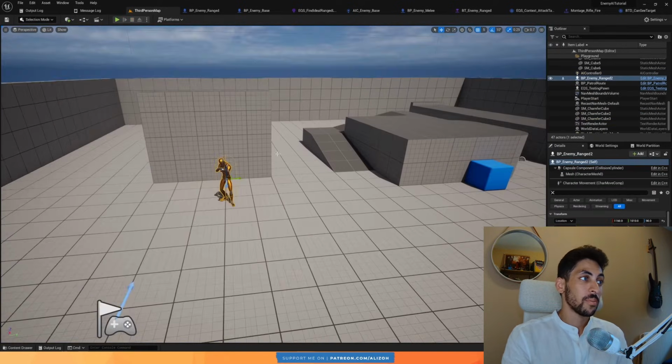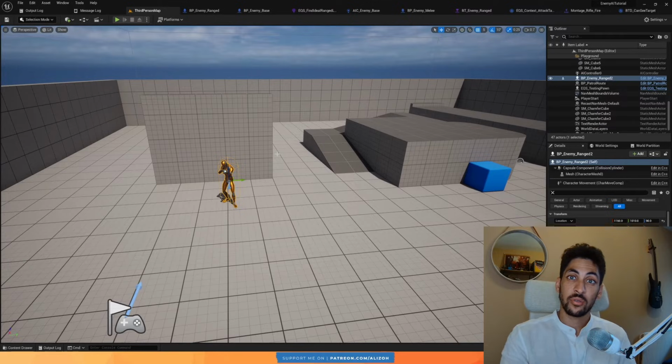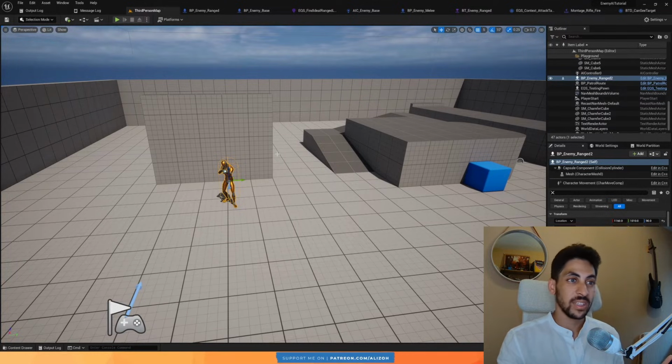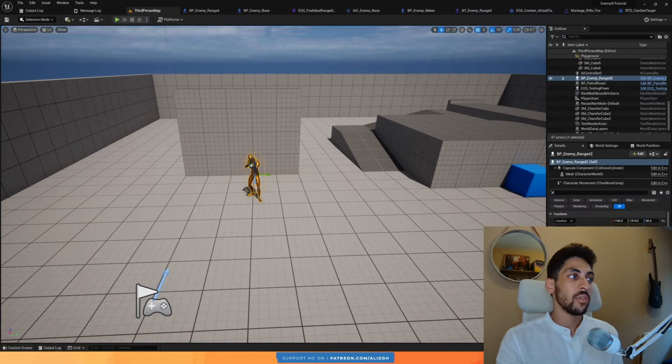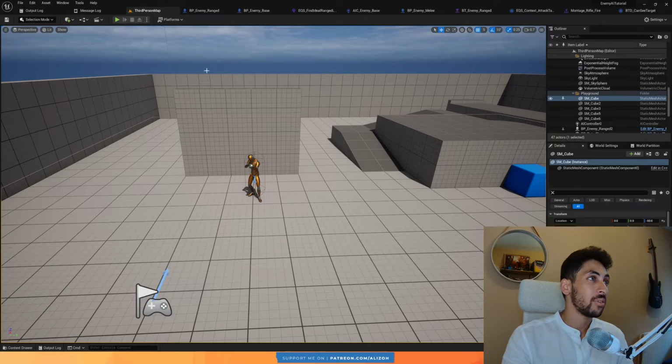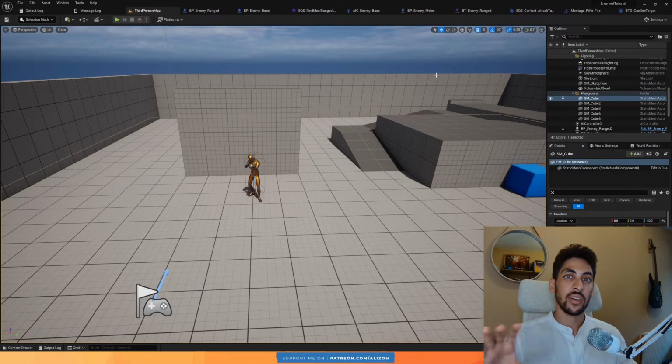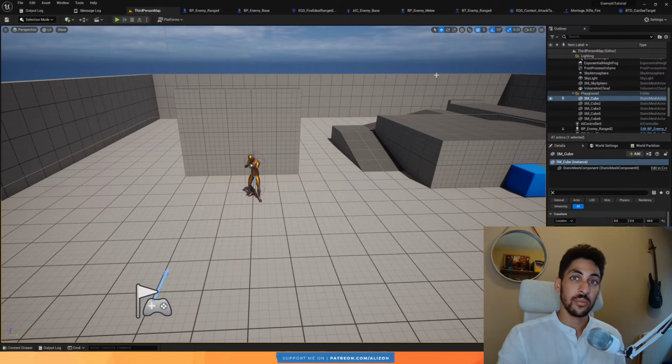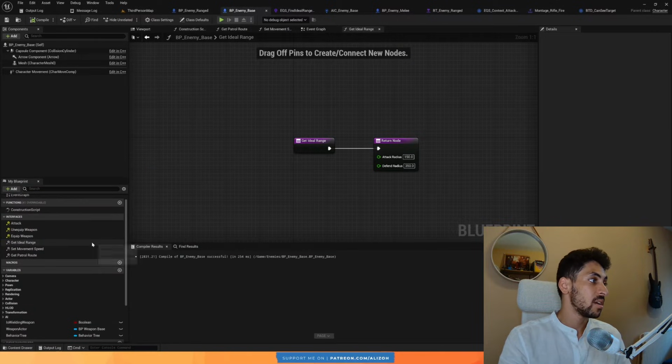All right, so one other thing I want to do to give this enemy some more behavior and some more, let's say, intelligence, is I want them to react to their own health. Now, I don't think we have health yet, and I'm going to integrate this entire AI tutorial series with our damage system series to have proper health and death effects. But until then, let's just add in our base enemy some